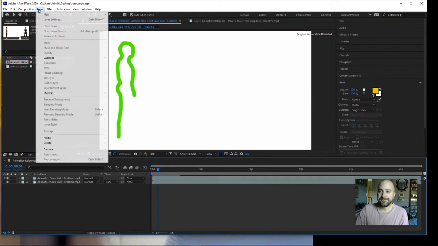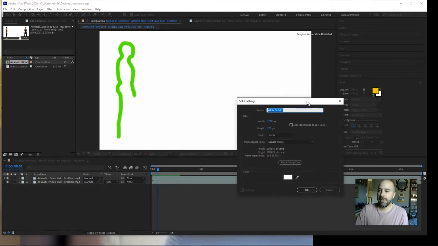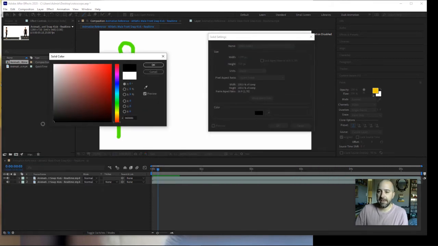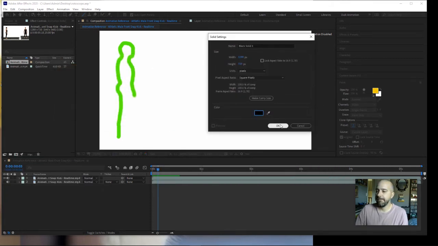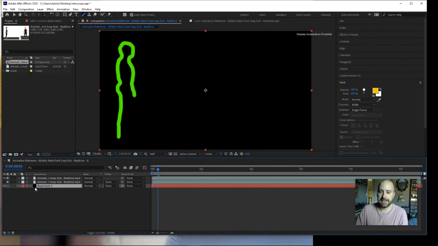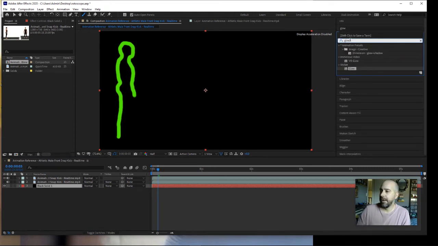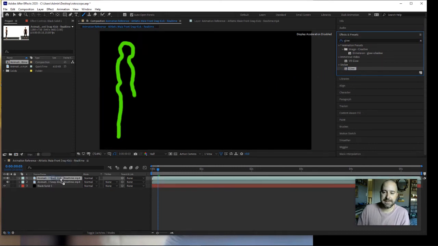I'm going to put a new solid in the background here that is all black. And a solid black layer is just exactly what it is. It's just a full black screen. I'm putting it at the bottom of my stack so that you can see this. I'm going to come over to my effects and I'm going to type in glow. Okay, glow effect is going to get dragged and put onto that top layer that only has the paint marks